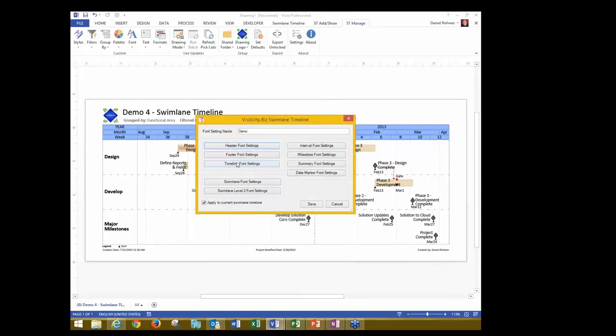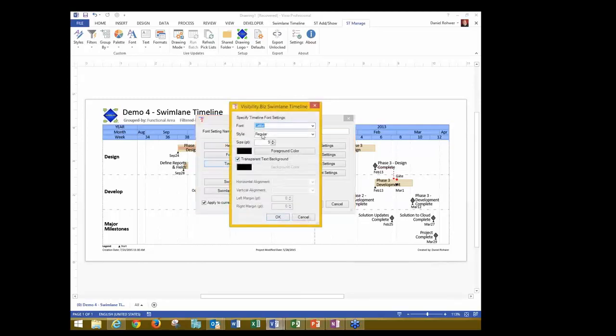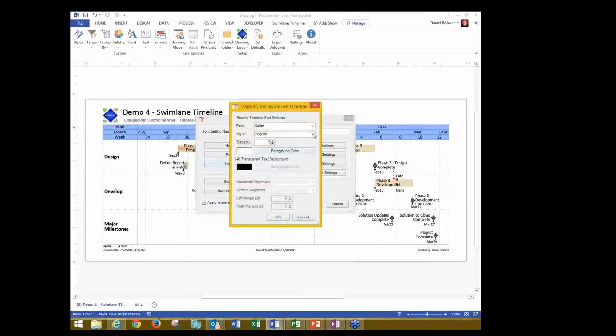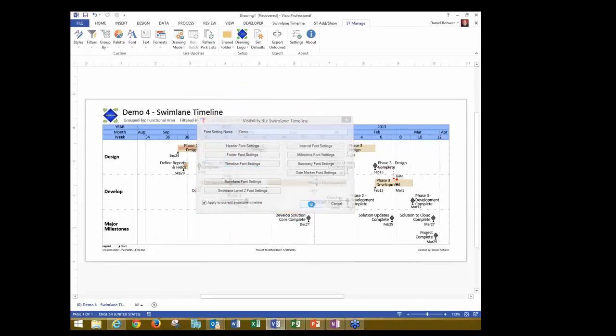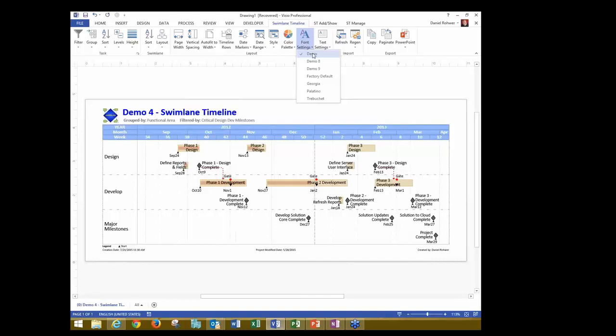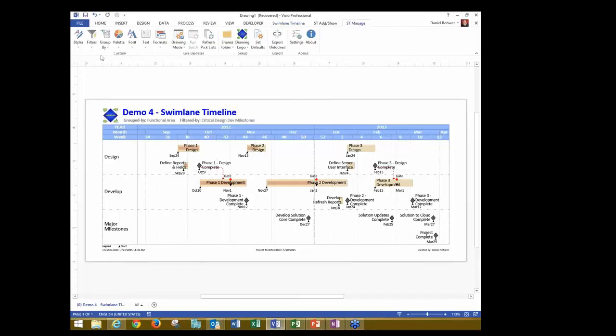So that's our title, and for the timeline fonts, maybe I'd like those to be white color, and we'll make those bold too, and one size a little bit bigger. There we are. So you can see it's changed that as well, and of course, if I go into settings, we see that that's applied. And if I were to create a style now based on this, I'll go into my custom styles,